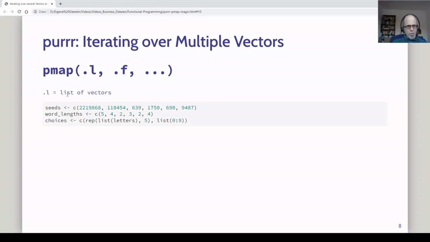So how can we apply this pmap function? We now prepare the 3 vectors that we need to create our magic message: the seeds, and now you see the magic numbers that we need for a message, the word lengths, which differ, and as the new and third argument, the choices. So the first 5 words are random samples from the letters of the alphabet, and the last word is that year 2022, so we pass it the digits from 0 to 9 as a list. So choices is a list,